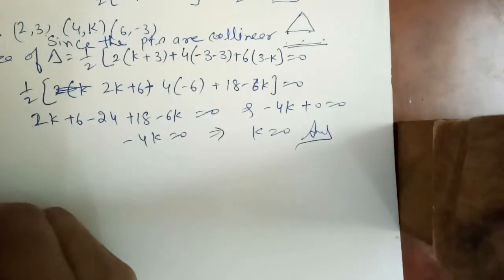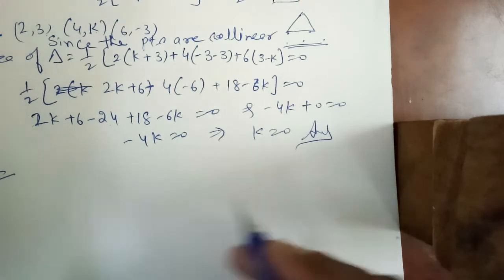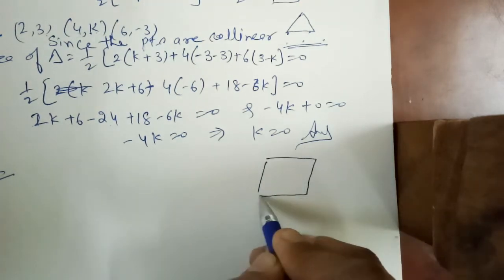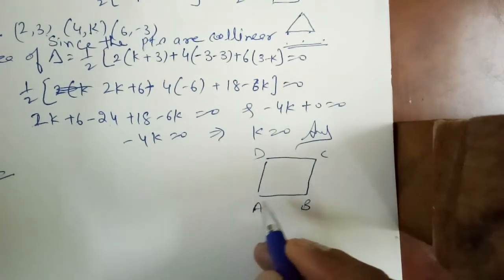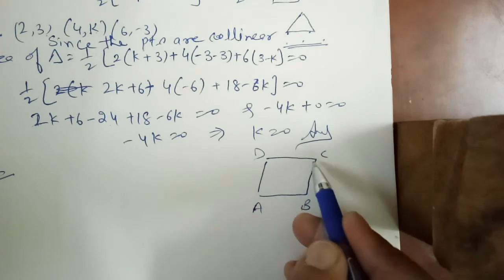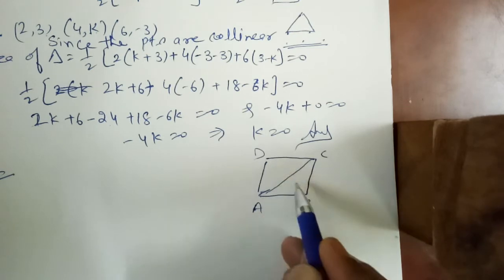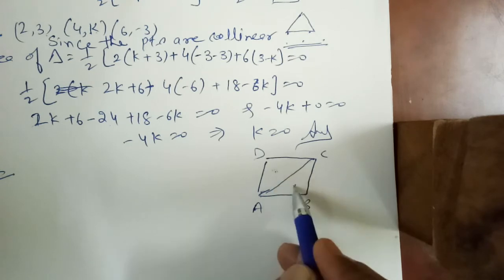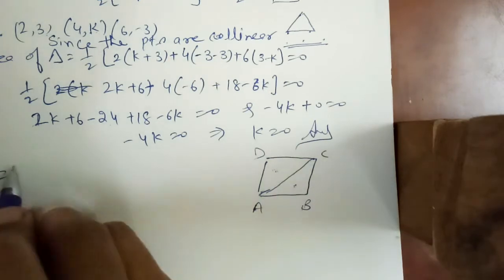And the last example of this exercise is: if A, B, C and D are vertices of a quadrilateral, find the area of quadrilateral ABCD. As like this one, A, B, C, D. Coordinates of ABCD are given to us and we have to adjust here a diagonal. According to diagonal AC, the quadrilateral is formed by two triangles, so we have to find the area of the two triangles and add them. Then we can find the area of the quadrilateral.